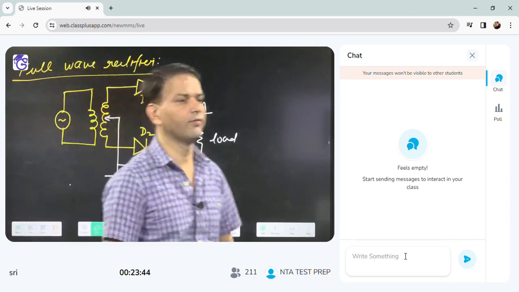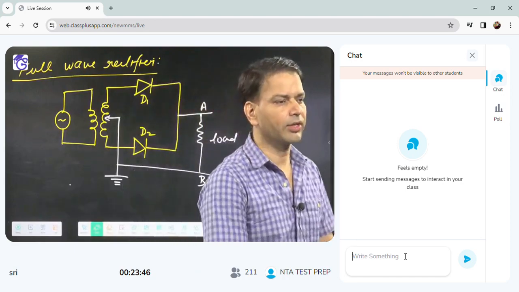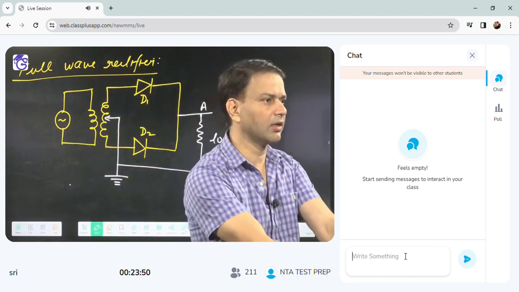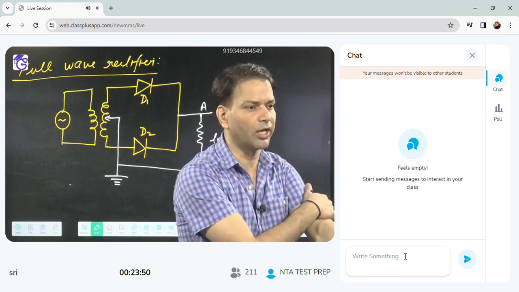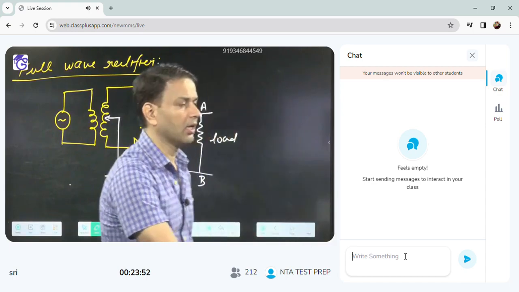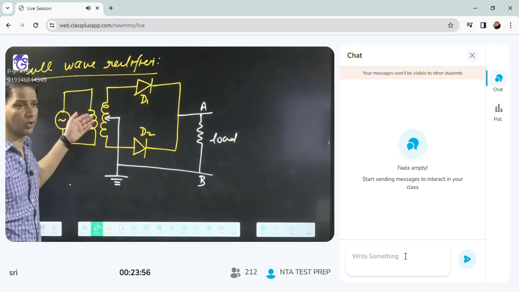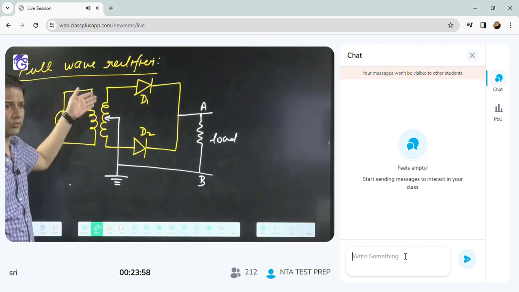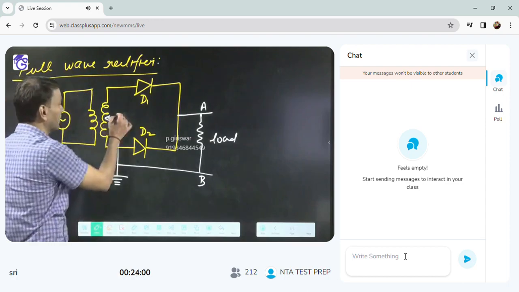So this is the full wave rectifier circuit. Okay, so for the full wave rectifier circuit, we are using two diodes here. Okay, and this symbol everybody knows. This is the primary winding of the transformer. This is the secondary coil of the transformer. This is called the